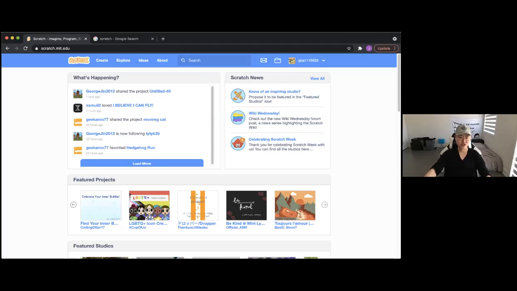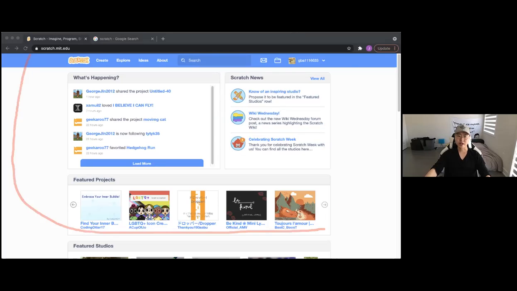So basically, Scratch is a very convenient platform for you to make games. If you have that open though, you're gonna see something like this. Yours might look different from mine because I have an account and I already signed in. If you haven't signed in, yours is gonna look different, but that's okay. You can just click on Create, or somewhere on your screen, you should have a Create button. Click on it, and that way you'll be able to start making a game